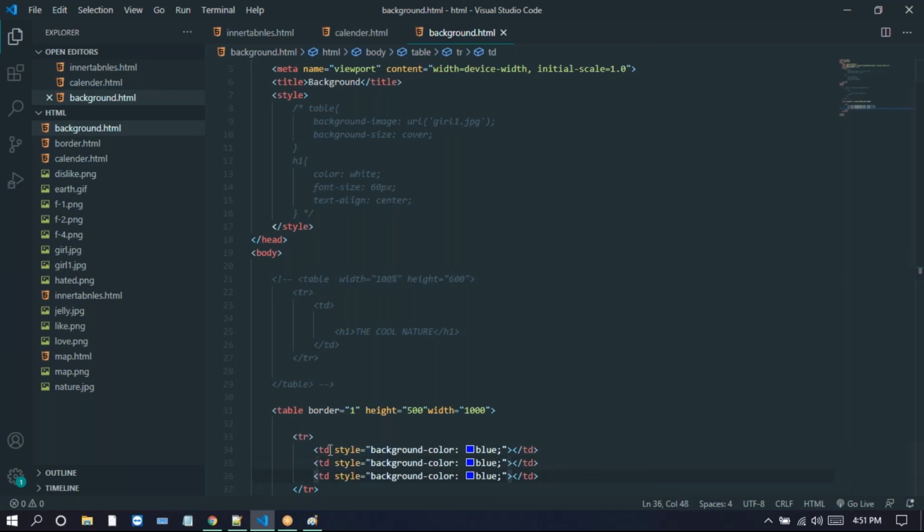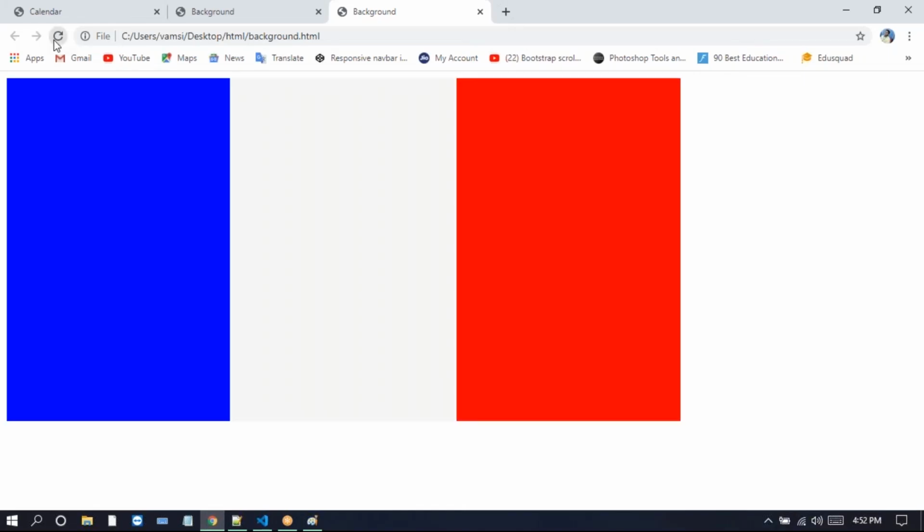Here we don't want this one. So here I'm taking white smoke. Now here I just take the red color. See, look at this one. If you run this on the browser, we just remove this border here. Now you can refresh on this browser. Look at this one. See, there you get the flag here.